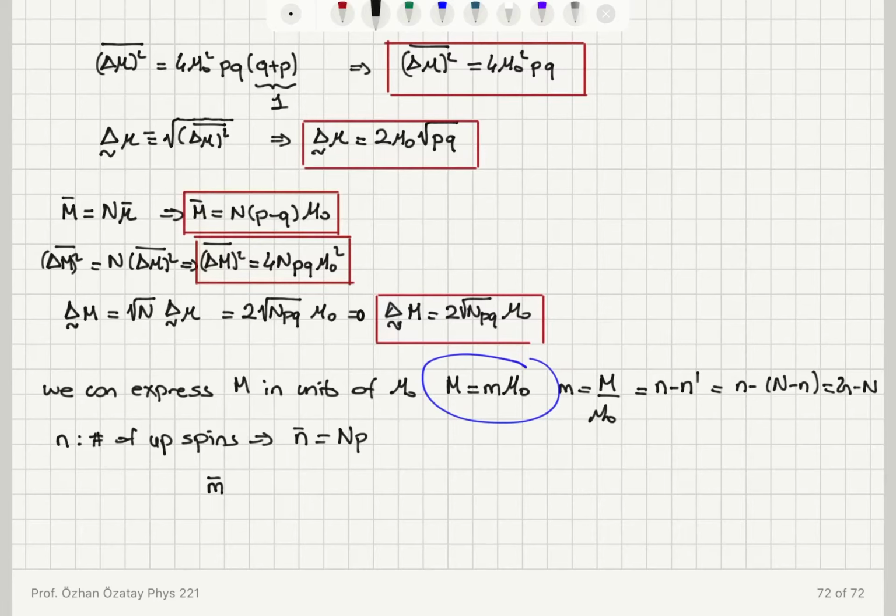Basically, if you take the mean value of this equation, you will find that the mean value of m is the mean value of capital M divided by mu 0. So the mean value of m should be N times p minus q,